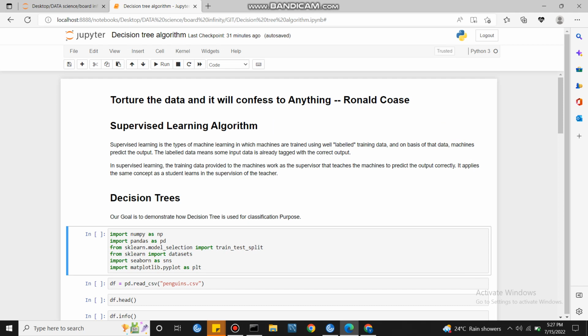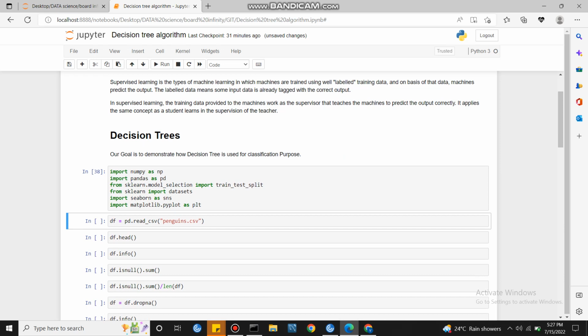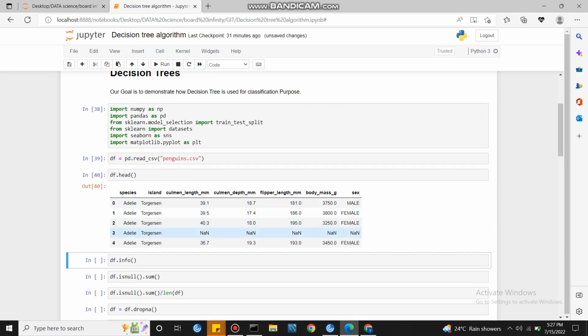So our goal is to demonstrate how decision trees are used for classification purposes. For that, we'll be importing the relevant libraries. For this tutorial, we'll be using the penguins dataset. Let's capture the head of the dataset. As you can see,